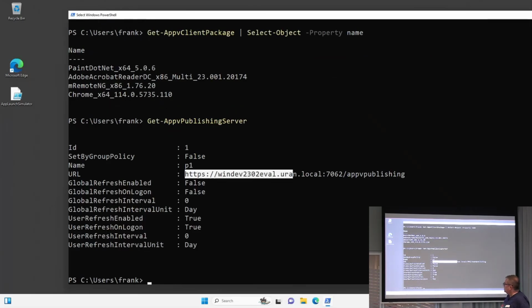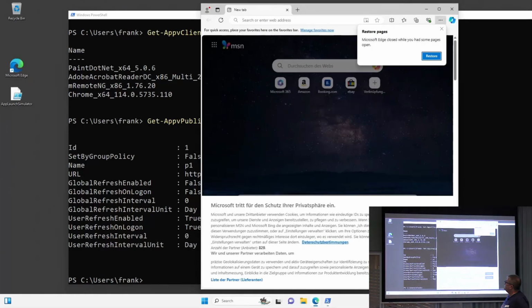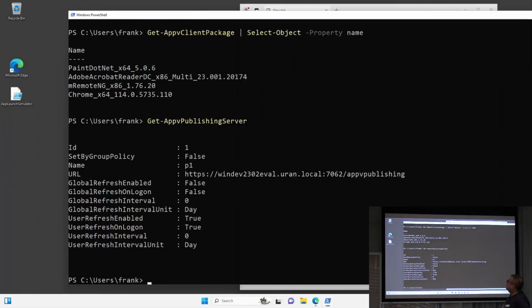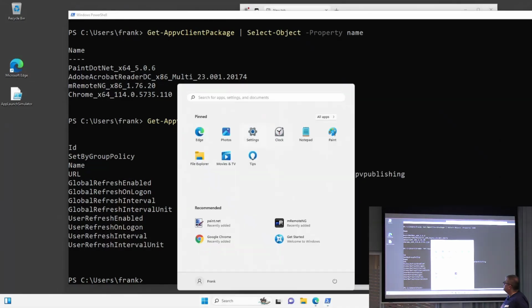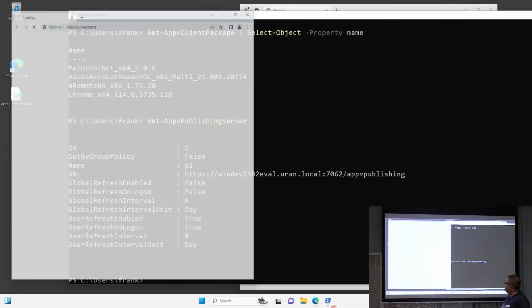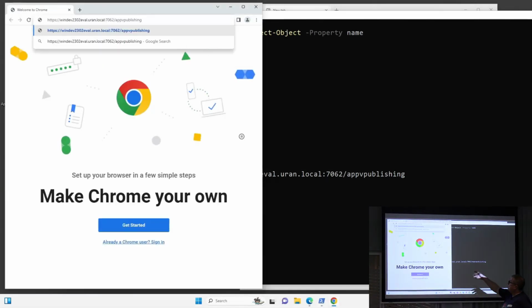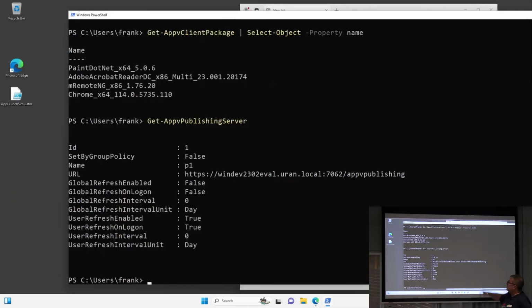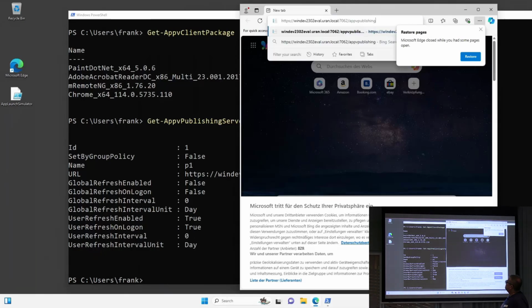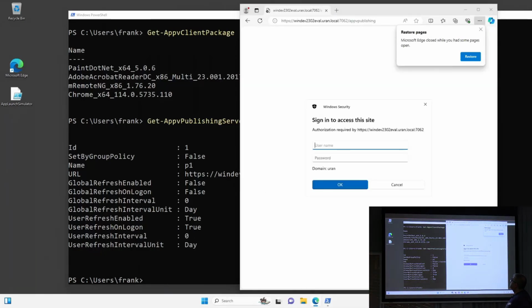Okay. I need the string for the connection to the publishing server. And here's my mistake. I use Chrome here, our published with the new publishing server, published Chrome, and I need to authenticate here because we are not in a trusted sites.